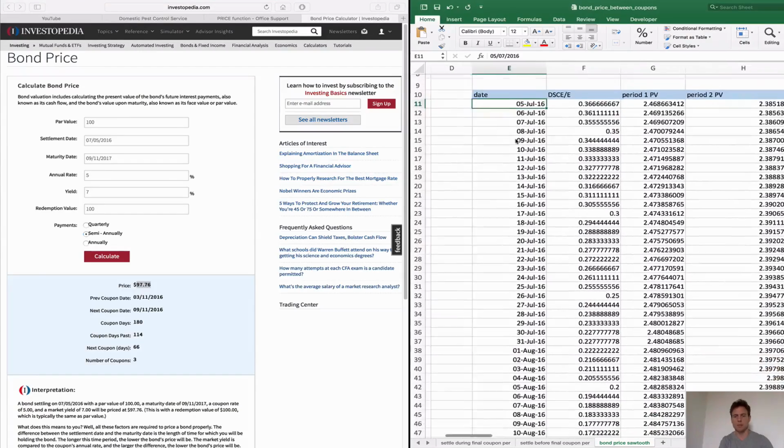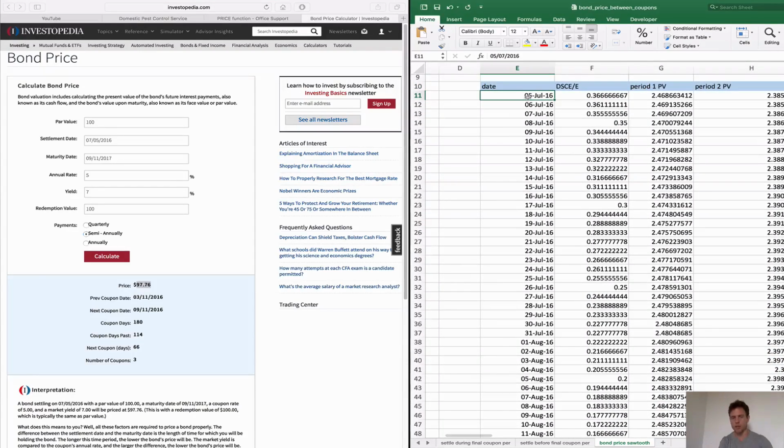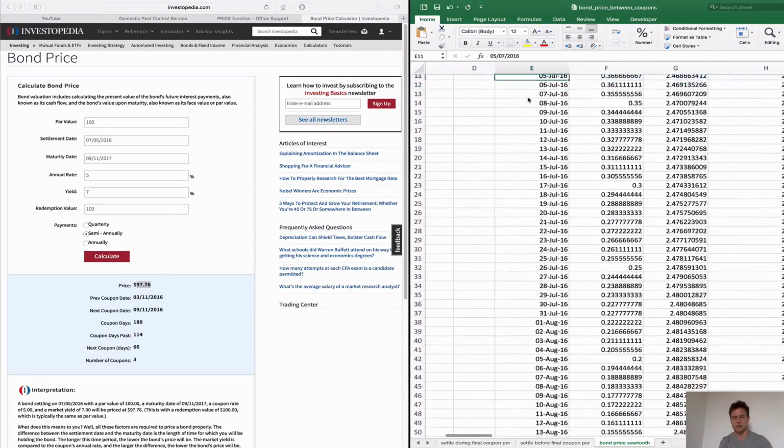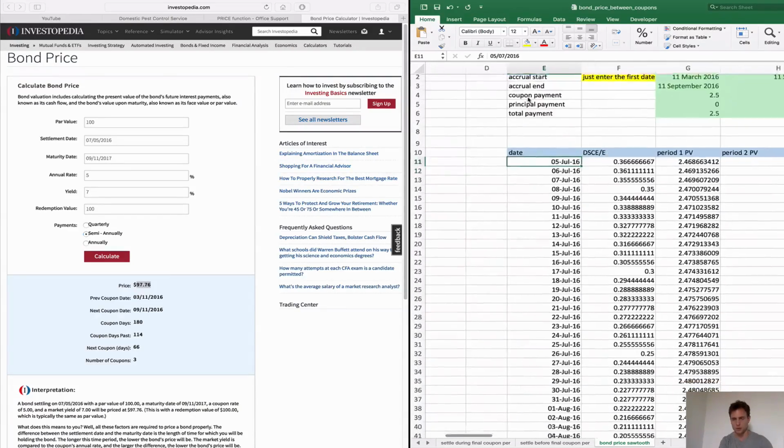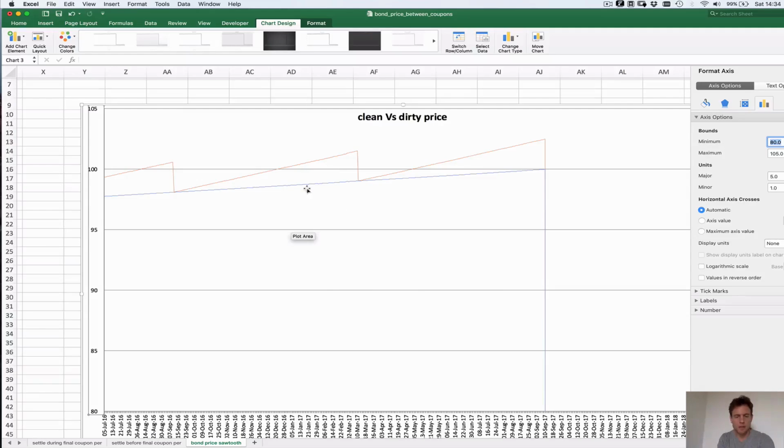the movement of the price of this bond as we move from the 5th of July 2016 all the way up to the maturity date. So let me just show you this quickly. What I've done is I've populated two column values. I've plotted them against every date from the 5th of July all the way up until the 11th of September down here. Sometimes it helps to see a picture,